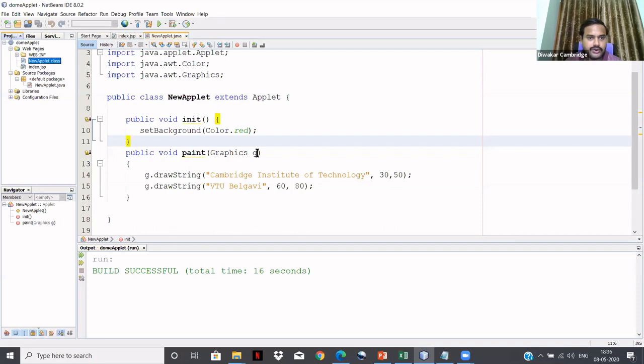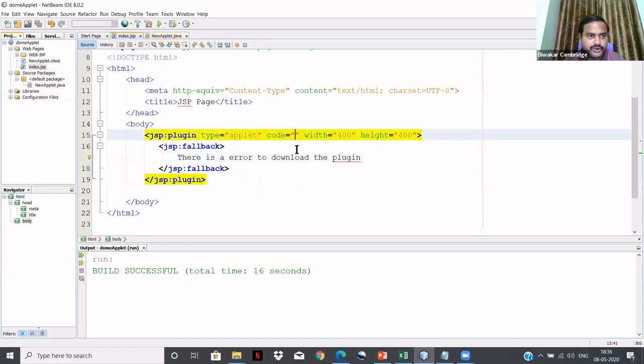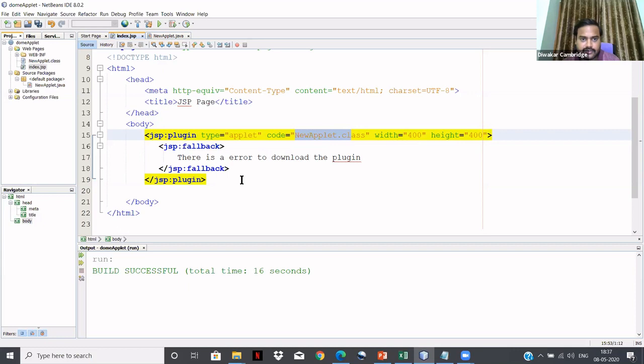Now you go to this index.jsp. The class is there now. You include it in this code. How are you going to include it? New applet.class, you write it within this code attribute.